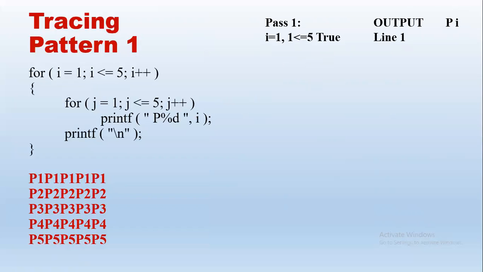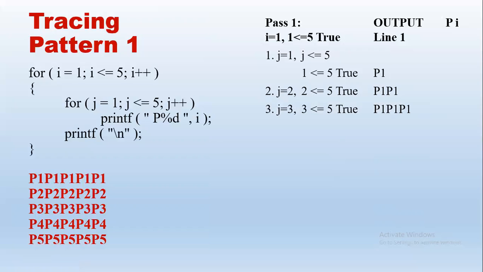So the first step in this is with respect to the value of J. J starts from 1. When we check the condition, J has to be less than or equal to 5. So I is 5 and J value is 1. 1 is less than or equal to 5 in this case. So we print Pi. I is 1, so print P1. Next, J increments to 2. 2 is less than or equal to 5. Yes. Again, we are printing I here. So I is 1. So print P1 a second time in line 1.